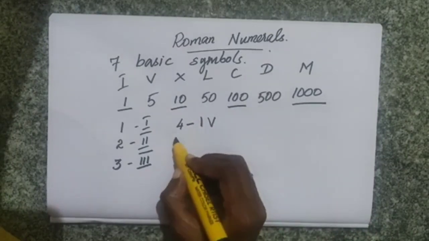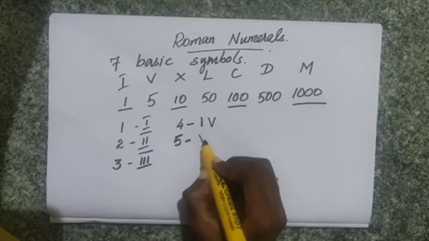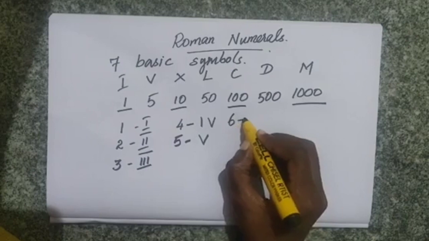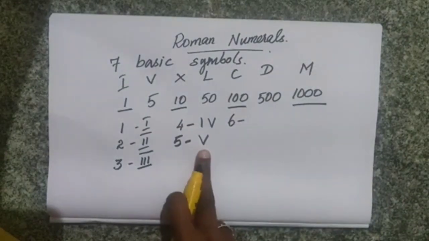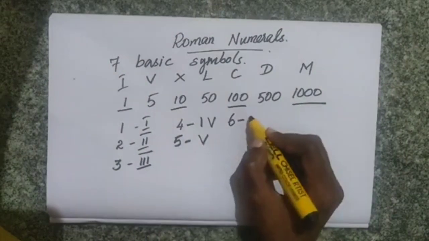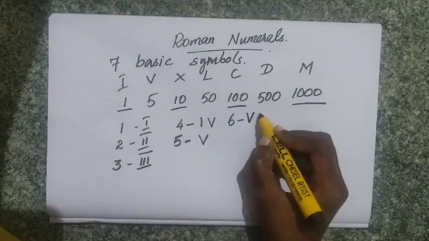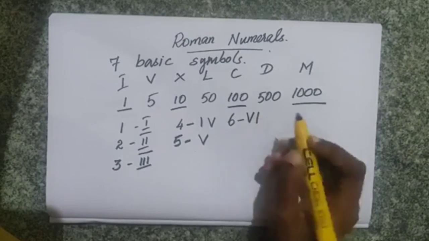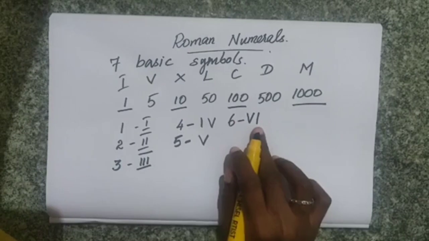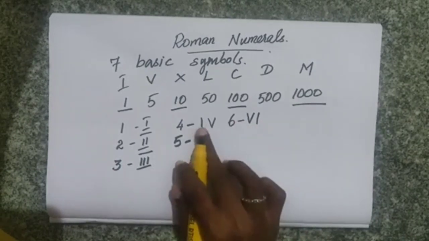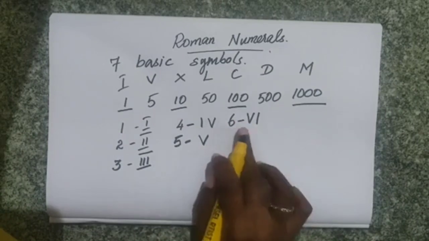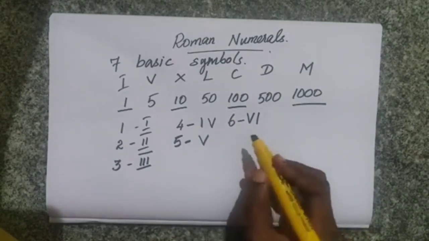Again 5 already you know, it is V. Okay, now for 6 you have to go from 5 only. You should not go again with 1. So you will go with the highest one. So the highest one is V, and V plus 1, then 5 plus 1, 6. So on the right side we are writing, since we are adding here, 5 plus 1. This is 5 minus 1, so we write it on the left side. This is 5 plus 1. 6 is 5 plus 1, so we are writing on the right side.